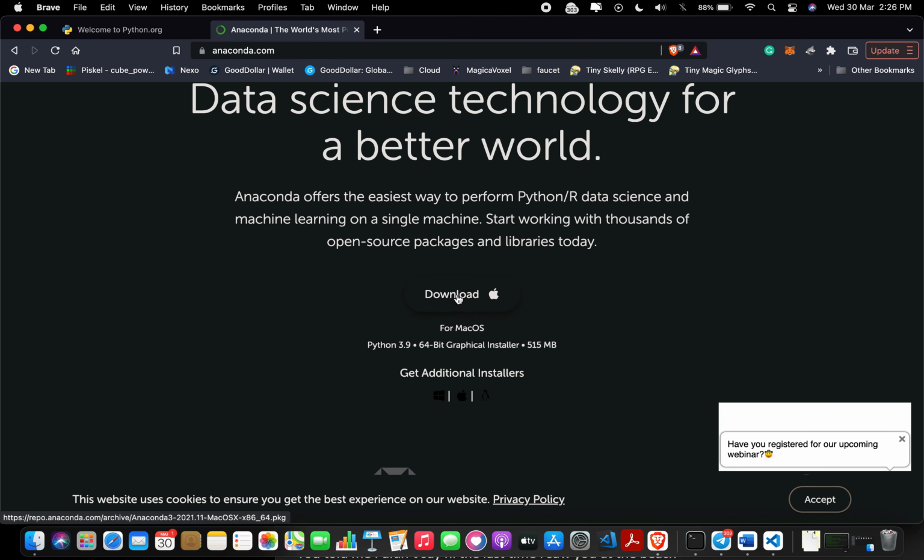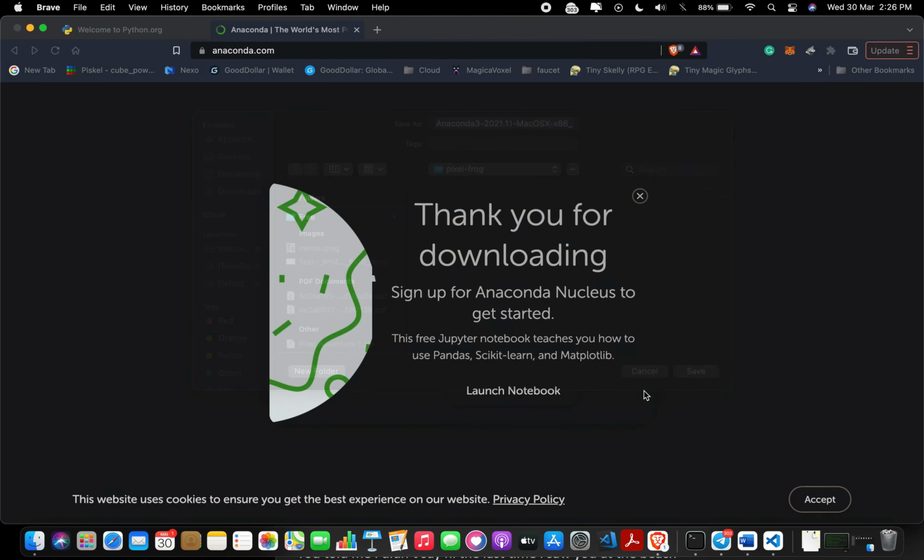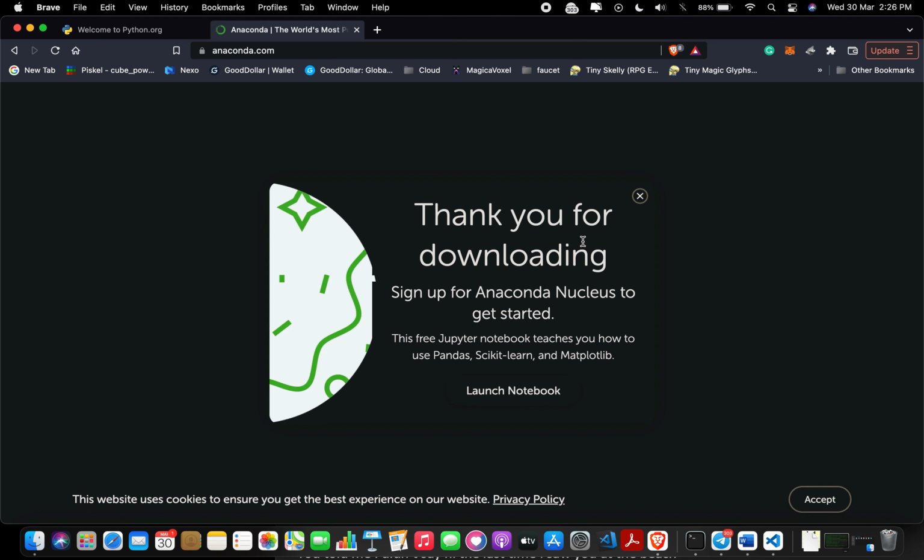So let's click download. After that, save it and install it. And I've had Anaconda for a decade, so I don't know if you have to add it to the path while installing. So make sure if they ask you to add Python to the path to tick it to check this mark. Anyway, after downloading